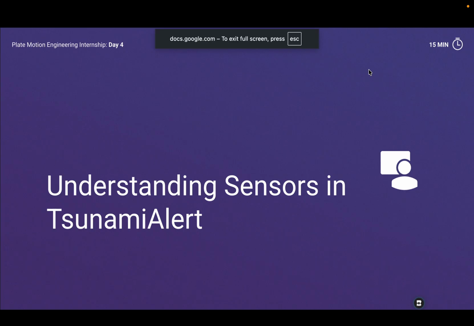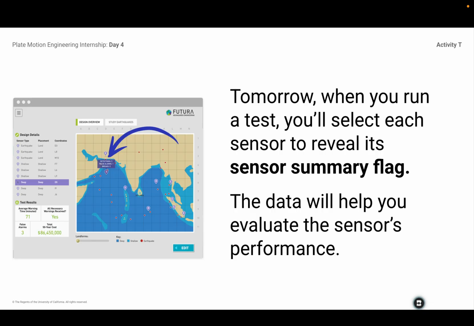Hi everybody, this video is a tutorial, kind of a conversation about understanding the data that you're going to see when you are testing your sensors. So the first thing that you need to understand is when you run your test,